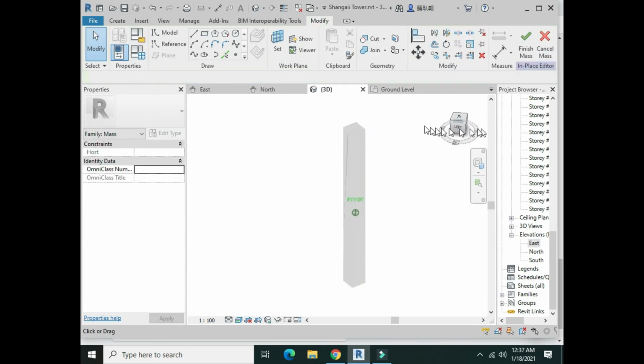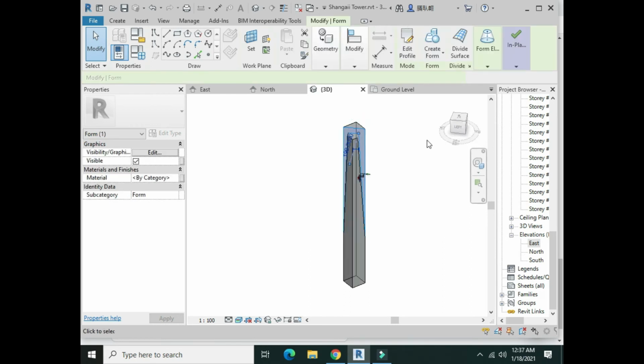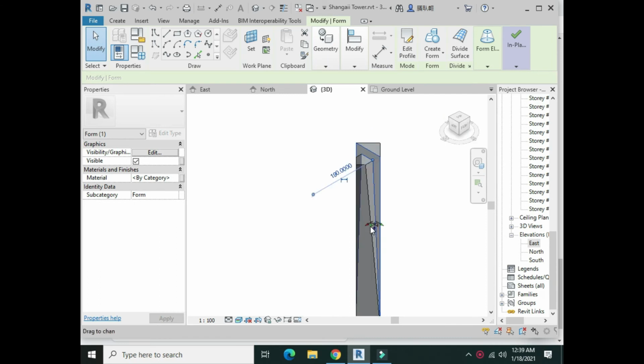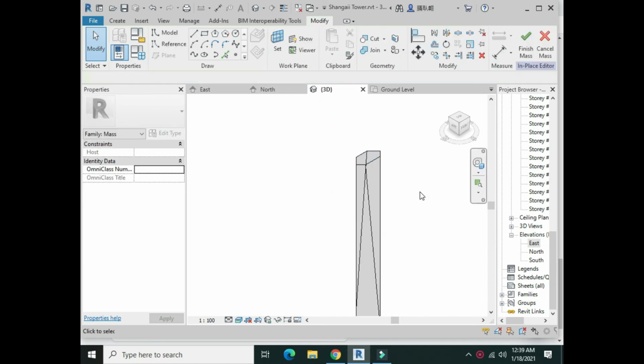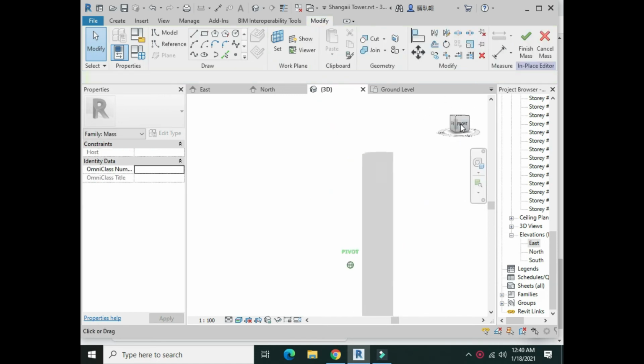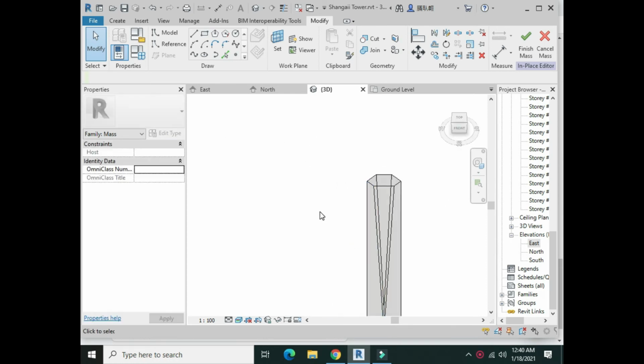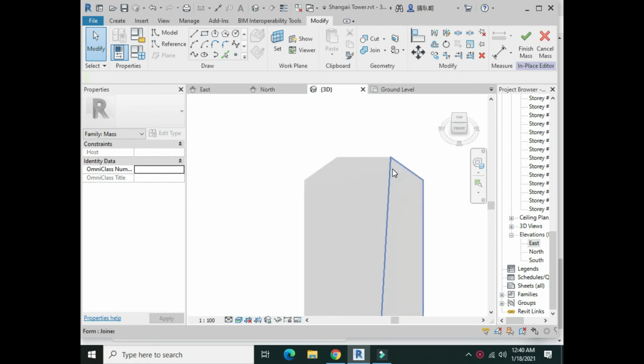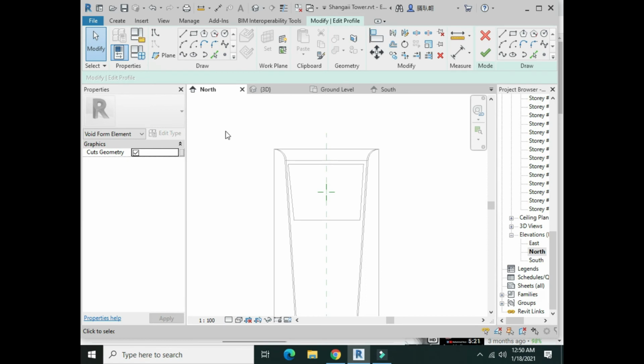Now you will have to click on this part, this outer structure, and you will have such kind of 3 arrows. So we will click on this red arrow, and we will drag it to the right portion. So in this way we got the Shanghai Tower basic main structure. And now we will see it in different views, and you can see that such kind of model we have obtained.